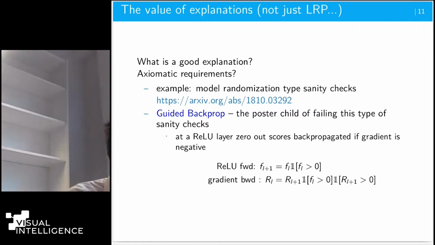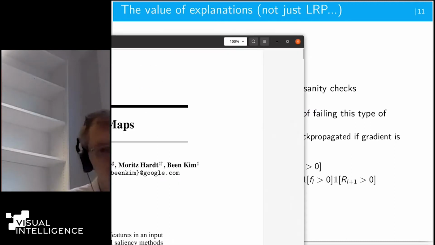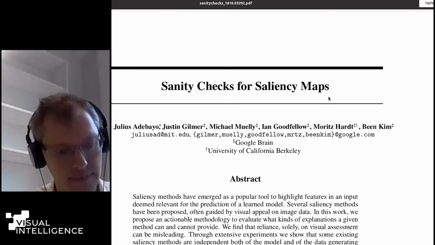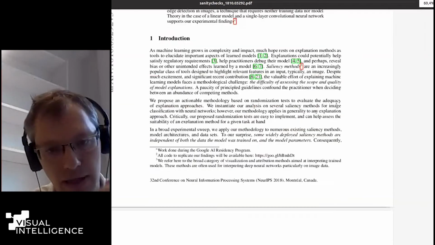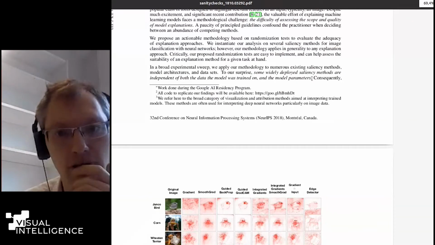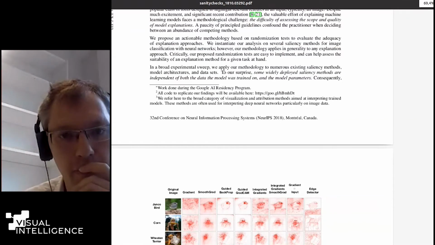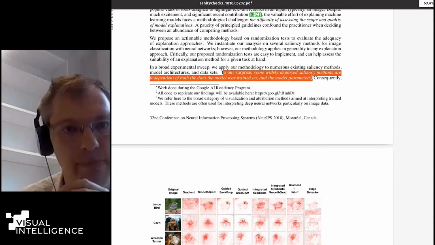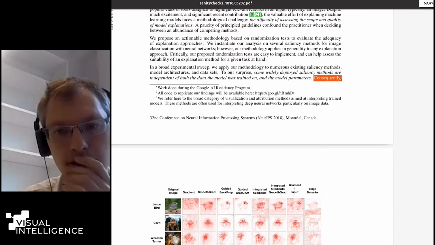Let me see, for example, they write this very clearly. The sanity checks paper, let me open this up. Do you see this on the screen? Yes. Okay, wonderful. So they write something at the very introduction: To our surprise, some of the widely deployed saliency methods are independent of both the data the model is trained on and the model parameters.